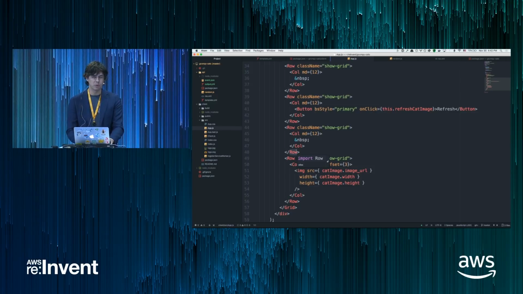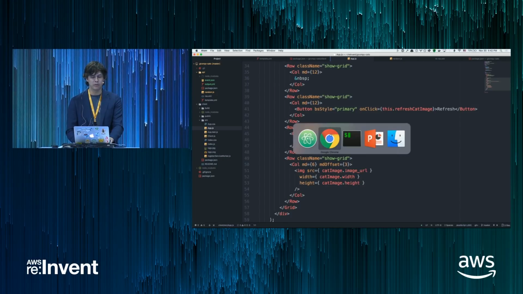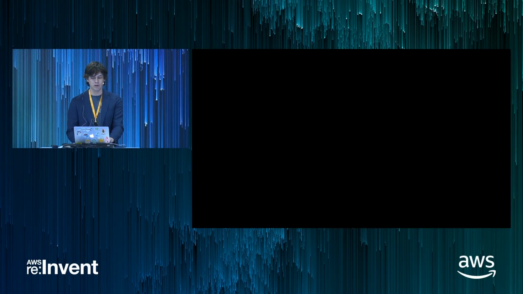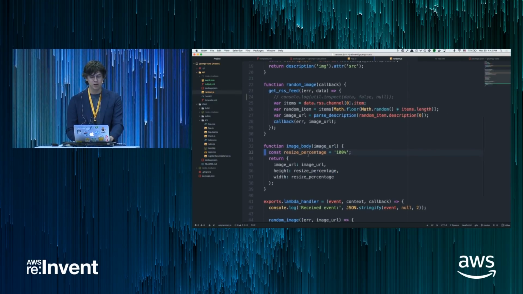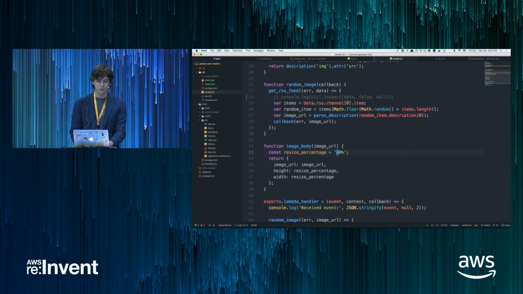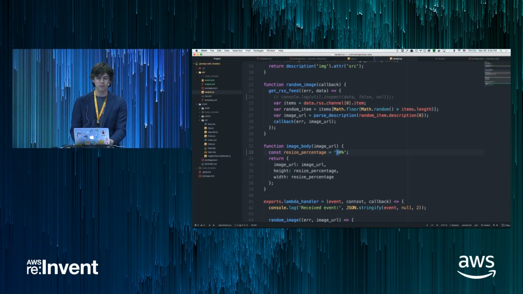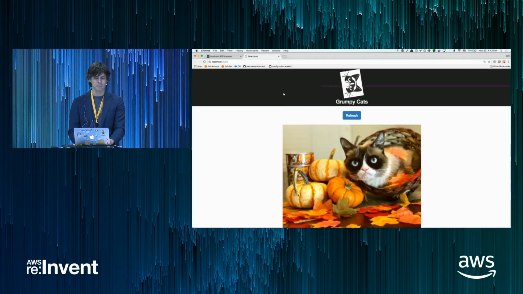So one thing that's possible when you're using SAM local with the Start API option is that we can actually make changes to the code, and it supports live coding, hot coding. So say that we want to display smaller images. We don't want to display 100% images for our grumpy cats. So what we can do is actually go into our code, into our Lambda function here, our random.js, and here you can see I've defined the size percentage of the image I want. So I can come in here and I can change this to 50%, save my file, and I don't have to